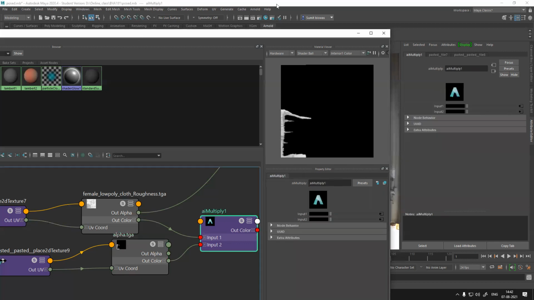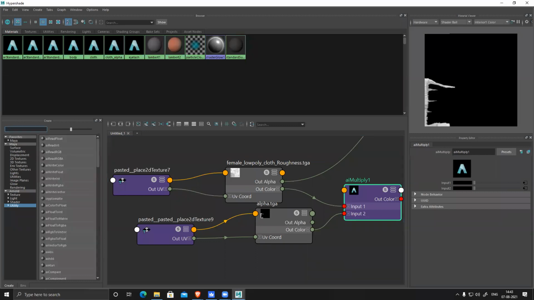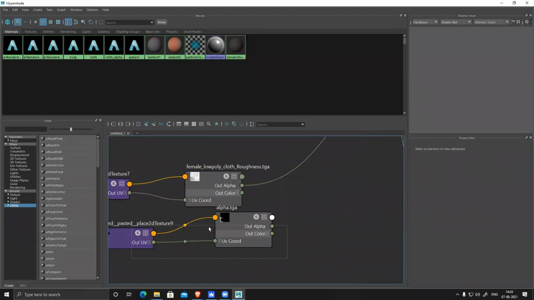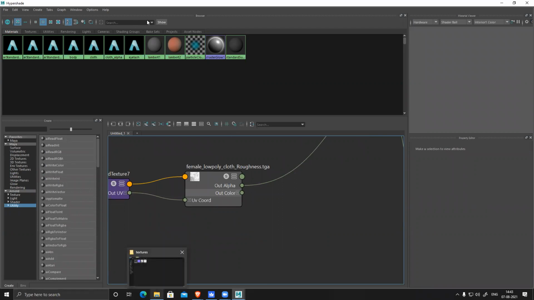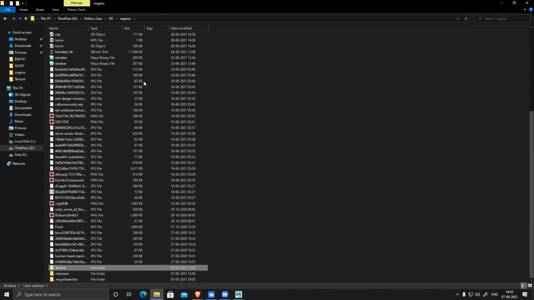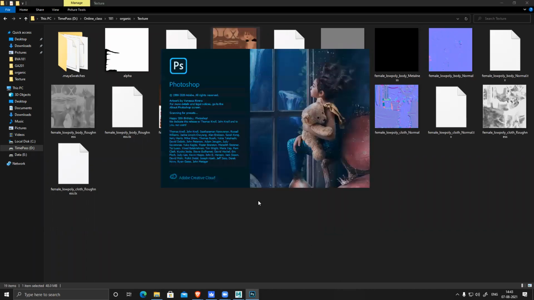No, I cannot use multiply here. Let's see. So I have to modify my roughness itself. It won't work like this. So that part should be full white, not shiny at all. So what the body?